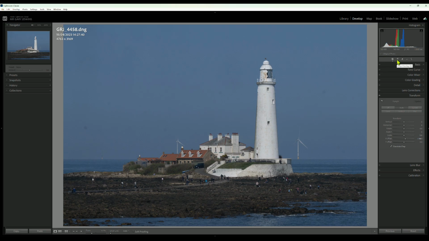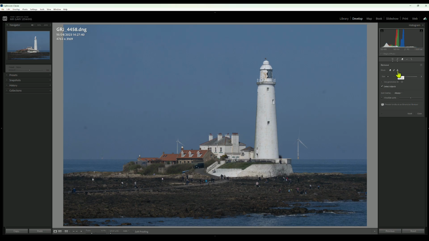So next to the crop overlay button, we have the removal button. And this is dead straightforward. So there's a couple of options here. We've got the one on the end, which is a clone. So what that'll do is it'll clone exactly some pixels from nearby, and it'll copy exactly onto the thing you